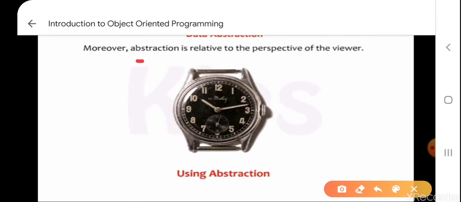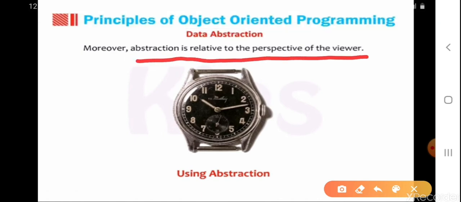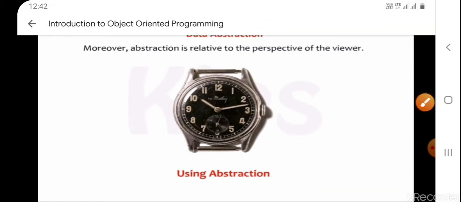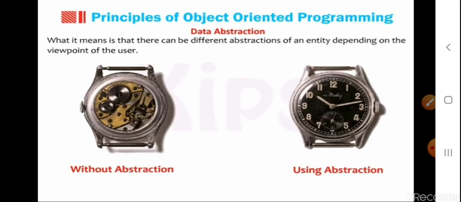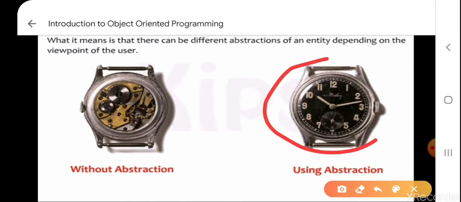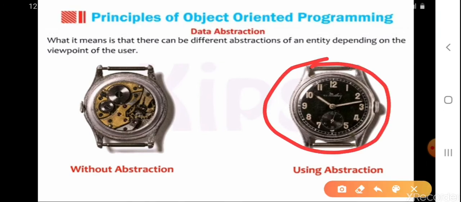Moreover, abstraction is relative to the perspective of the viewer. What does this mean? There can be different levels of abstraction for different types of users. There can be different abstractions of an entity depending on the viewpoint of the user. For example, for a user of a wristwatch, you just need to see the dial and you'll know what the time is, right?